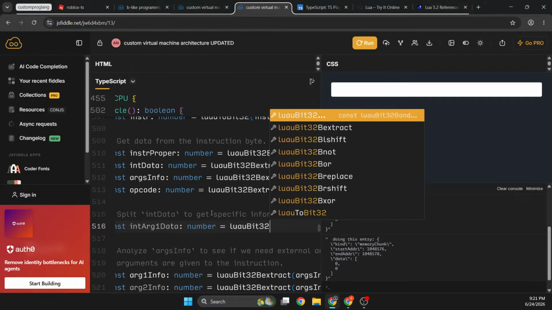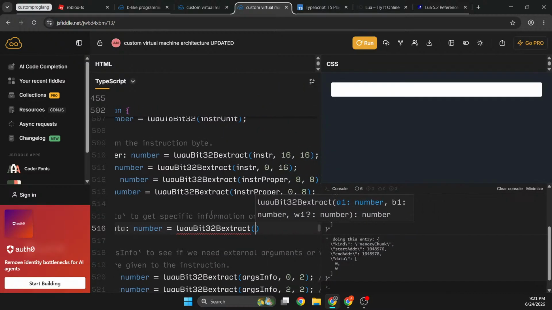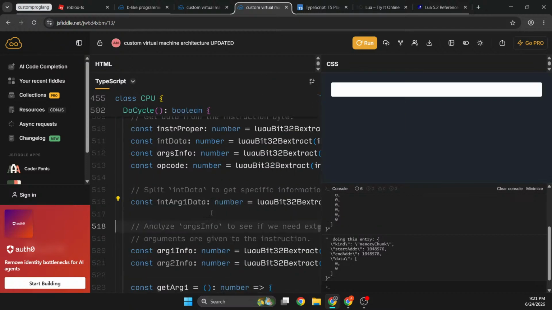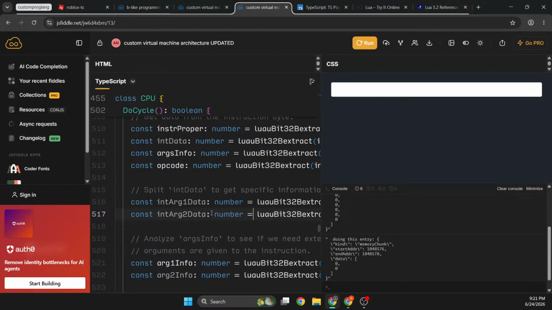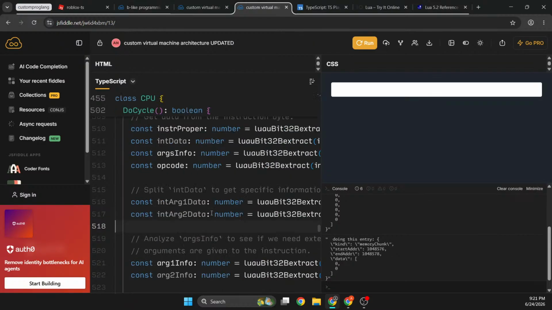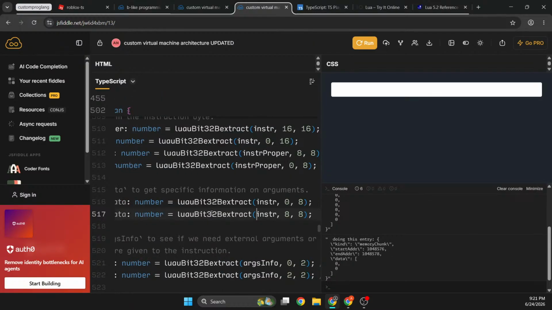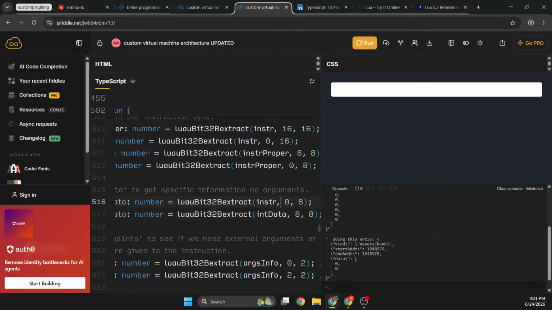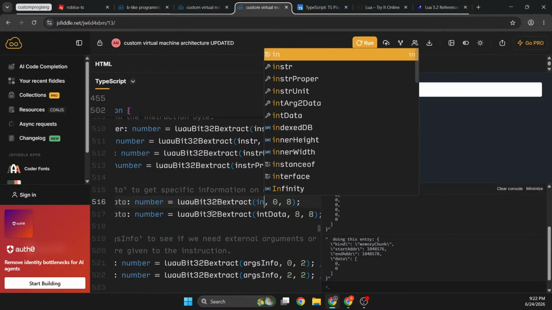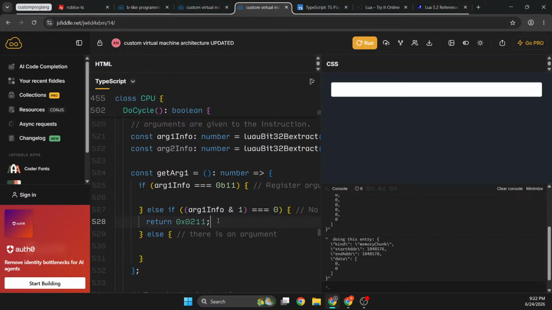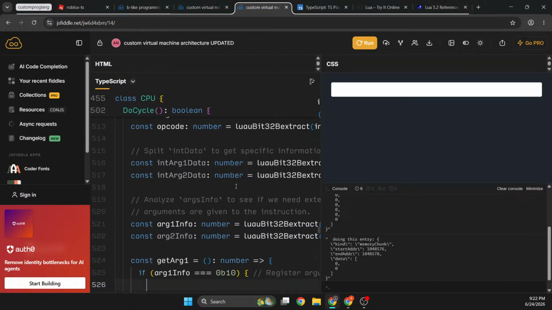No, we want to get 32b extract instr, so the first 8 bits, the lowest, least significant 8 bits, and then the internal arg2 data, the higher 8 bits, but this should be int data, sorry. Okay, now if this is 1 0, then this is a register argument. So